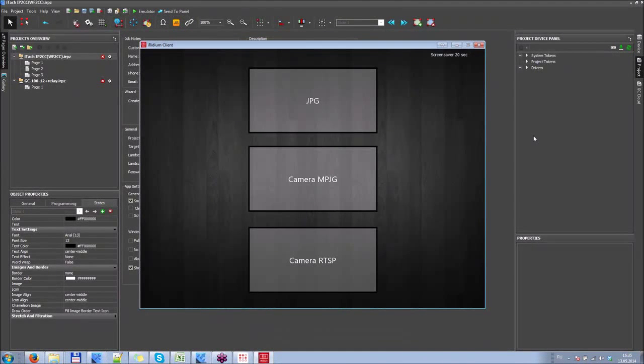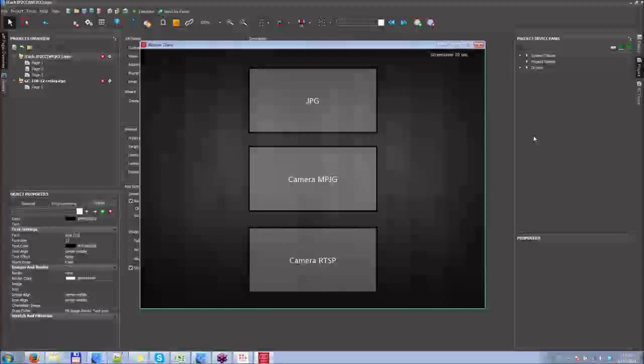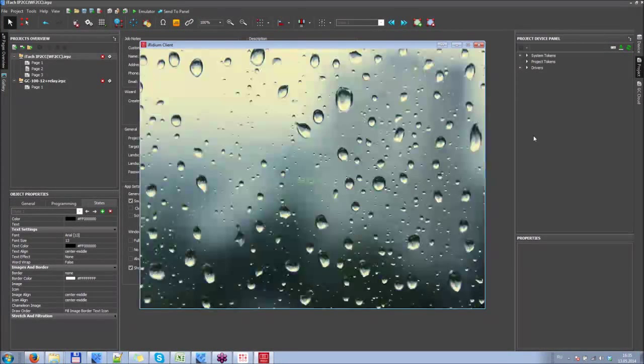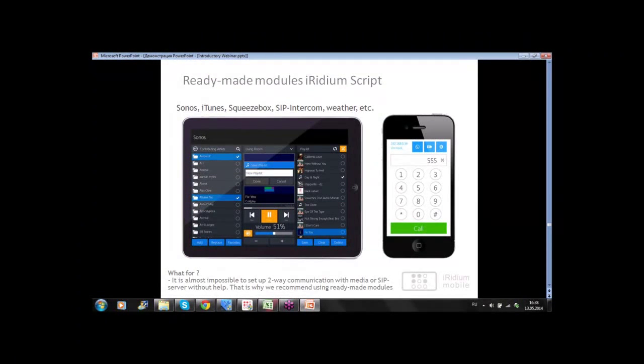Let's speak about ready-made modules made based on iRidium scripts. As I told you, we have them for media servers, for SIP intercom, for weather, for receivers and other equipment. What are these ready-made modules needed for? They are created based on iRidium scripts, and it's almost impossible to set up two-way communication with media servers or SIP servers without help. That is why we recommend using ready-made modules, and they can be added to your project simply